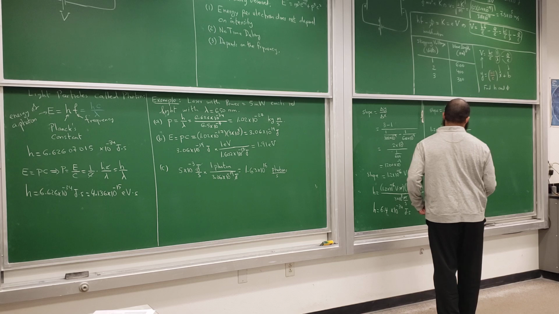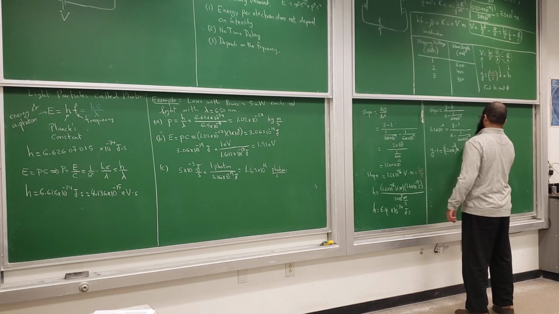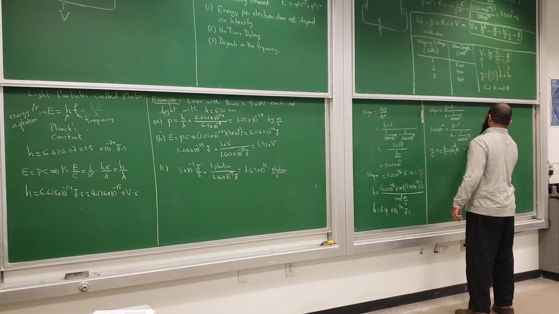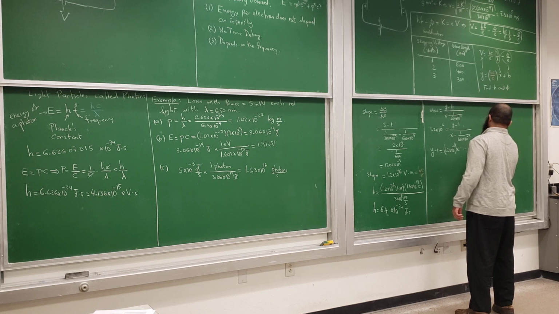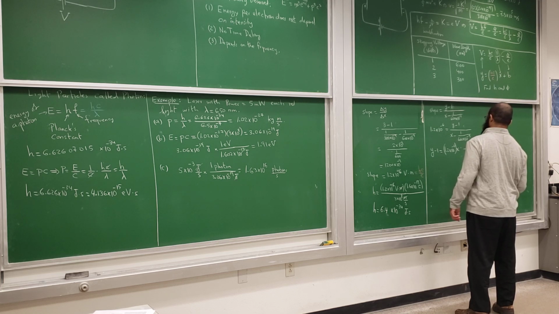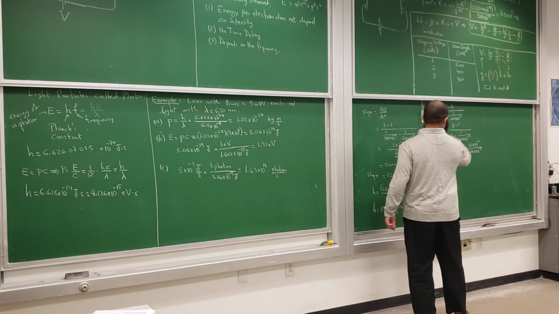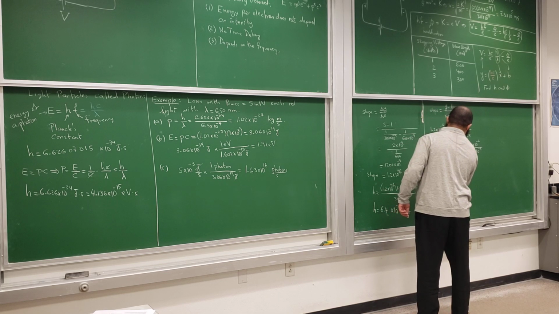This one is fine. And then multiply this, you get minus 1.2 times 10 to the minus 6 over 600 times 10 to the minus 9. Yes? Okay. And then move the 1 to the other side and you get y equal to 1.2 times